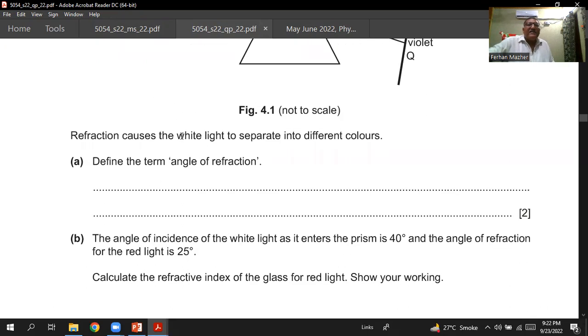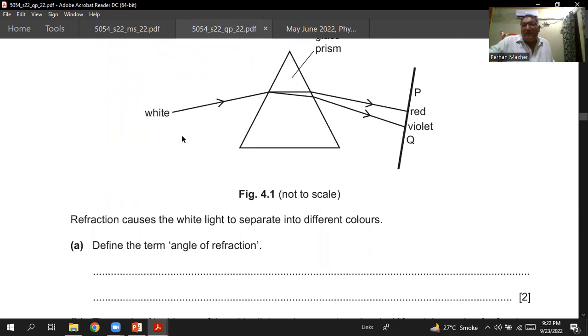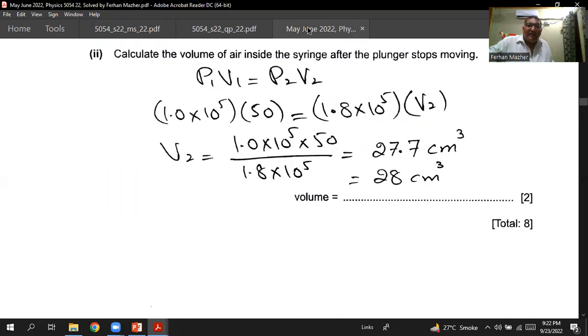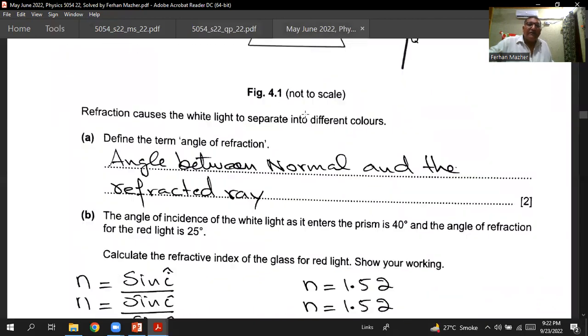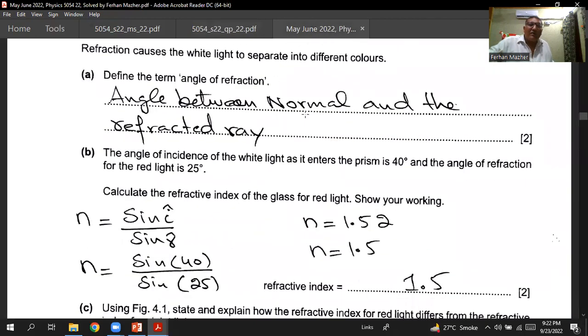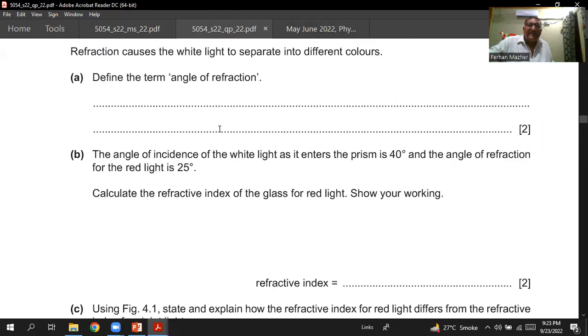So their question is: define the term angle of refraction. The angle of refraction is the angle between the refracted ray and the normal. So here we go. It says the angle between the normal and the refracted ray is called the angle of refraction. The next question they are asking us is